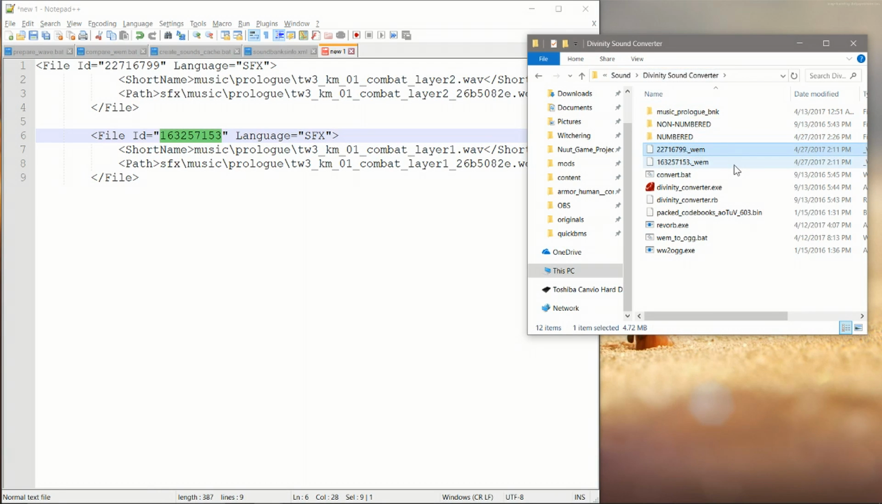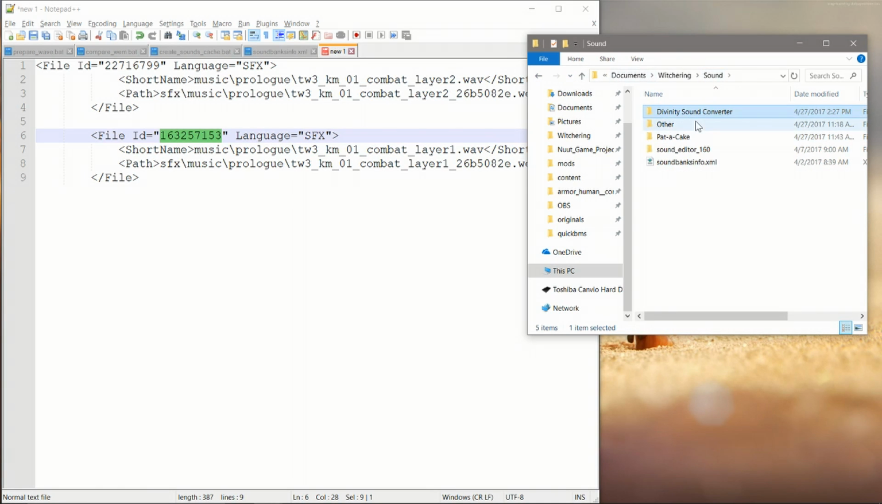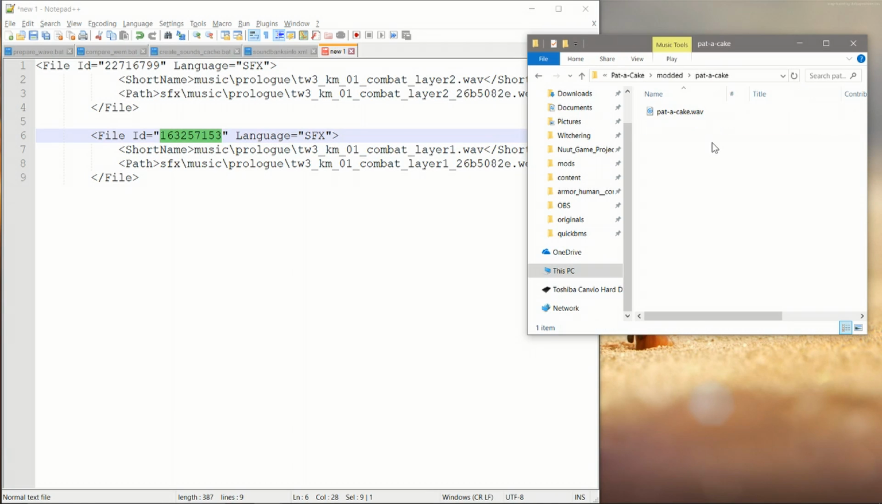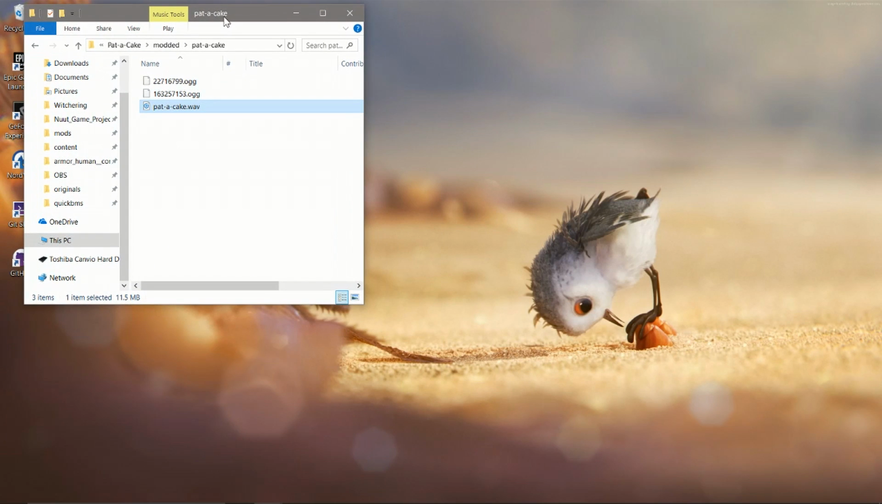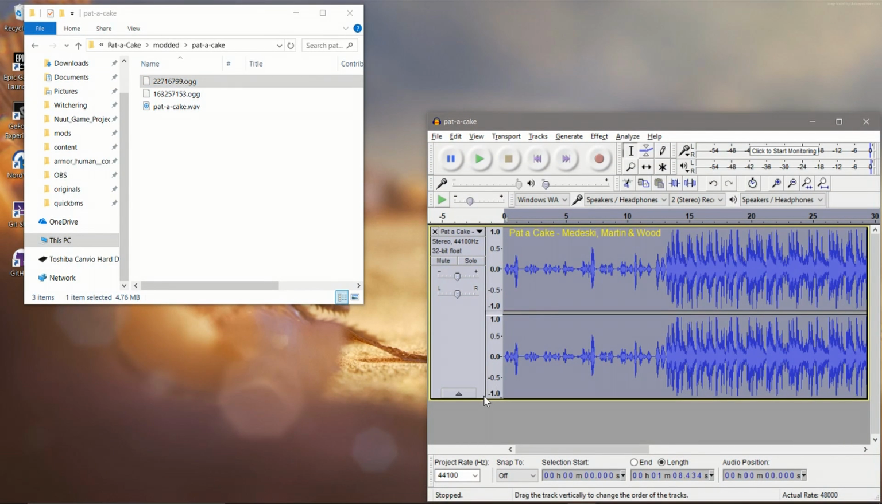Actually, I don't know why it renamed them, but you don't need them anymore. So we're going to take these and bring them somewhere where we can handle them a little better. I'm going to pick moving them into the Patacake folder, because these are relevant. We're going to replace these with this same sound twice to make sure that the layers line up. And so I'm going to open these in Audacity alongside Patacake,